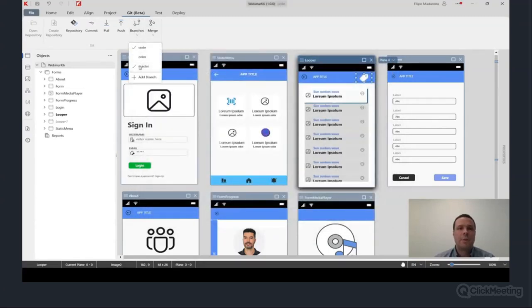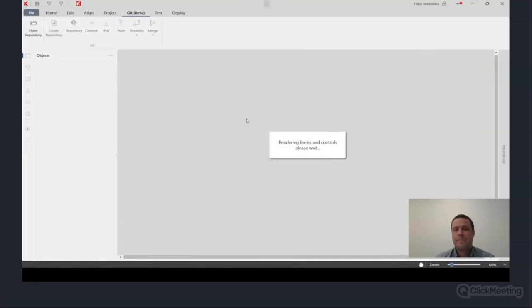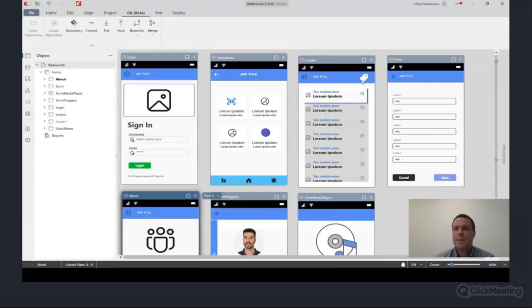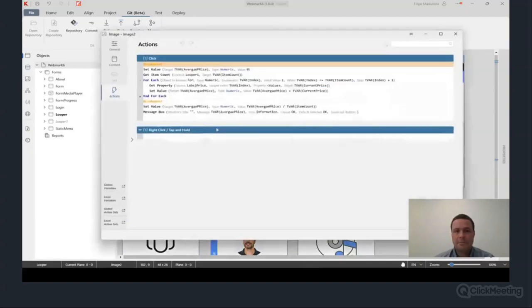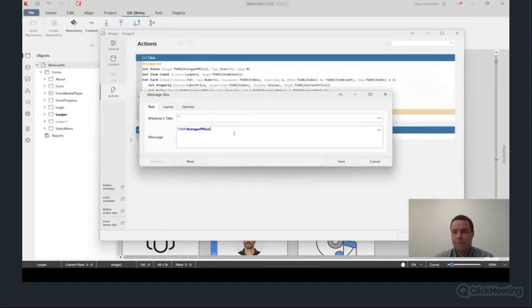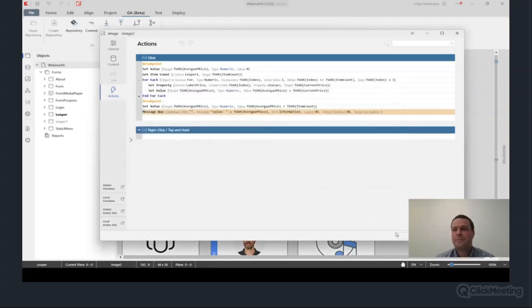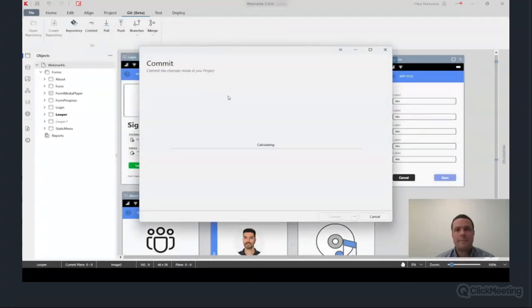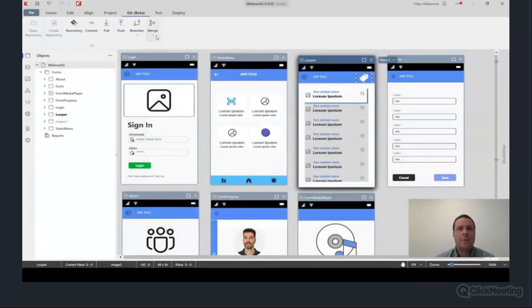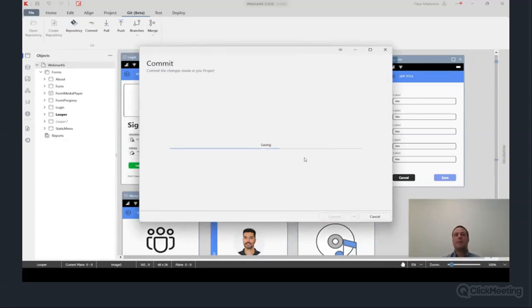And now I go to the original project and I also decided to change it to something else. I'm going to change this message to value. Value plus the variable. So once again, change it to value. If I try to merge, Kalipso should give me a conflict telling me that, again, two developers made changes to